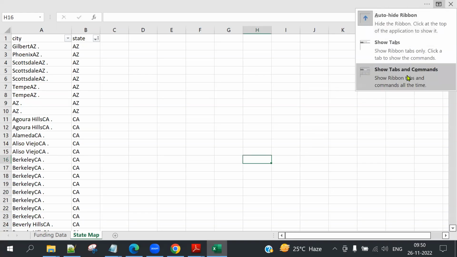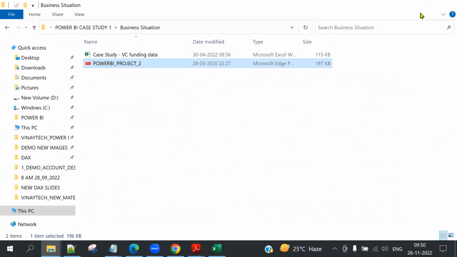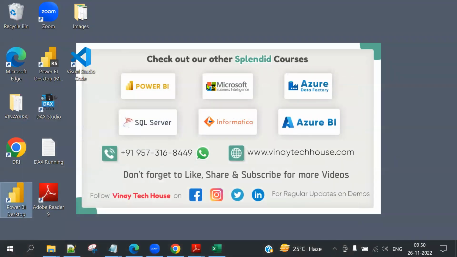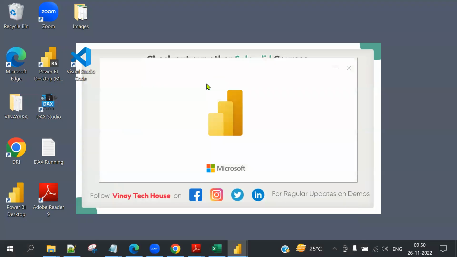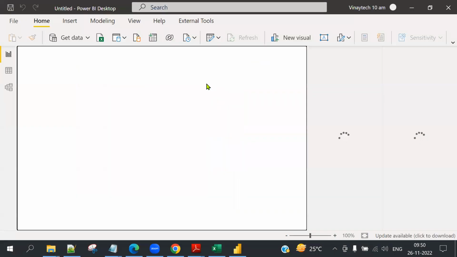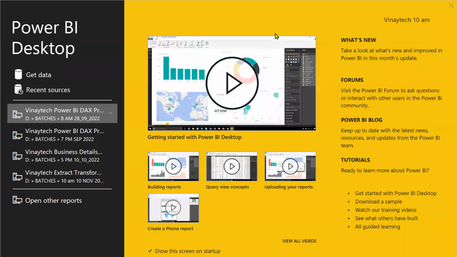Open Power BI Desktop, our favorite application. Right.